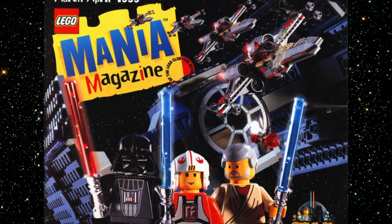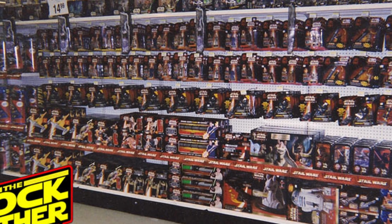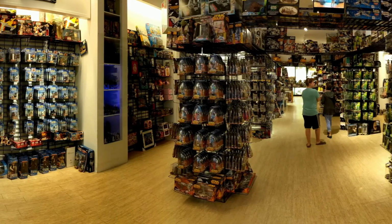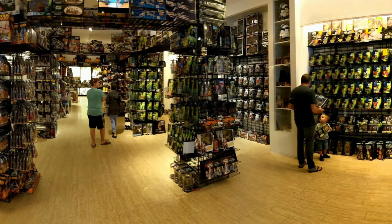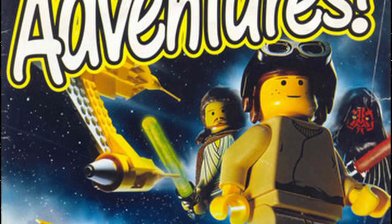When the LEGO Star Wars license was announced, it was momentous for both brands, as the LEGO Group had never before partnered with a movie franchise, and hype for Star Wars was at an all-time high as it returned with its first film in 16 years, accompanied by a level of merchandising that was so extensive and ubiquitous that it is yet to be rivaled even to this day. Of course, this license was only a starting point for LEGO, as today, partnering with major film franchises is a